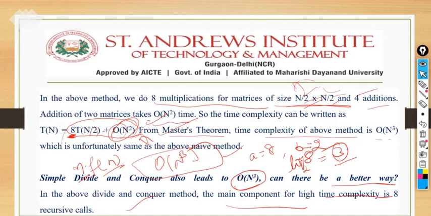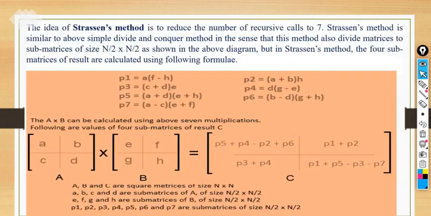Right? So it was all about the divide and conquer technique. So how can you apply the divide and conquer on the Strassen matrix multiplication? This one is the example for Strassen matrix multiplication. It reduced the number of recursive calls to 7. Before, we saw the number of recursive calls was 8, now it will become 7 here, right?